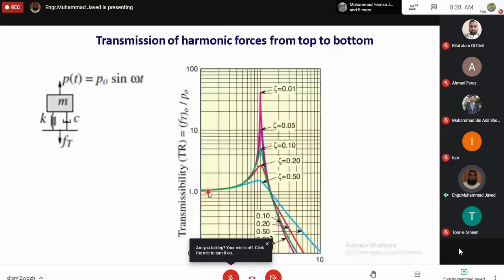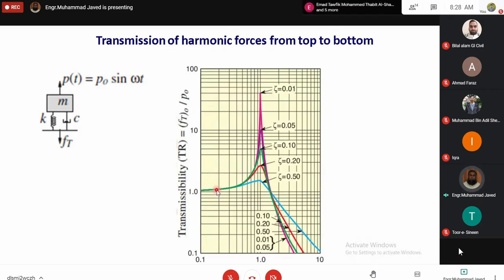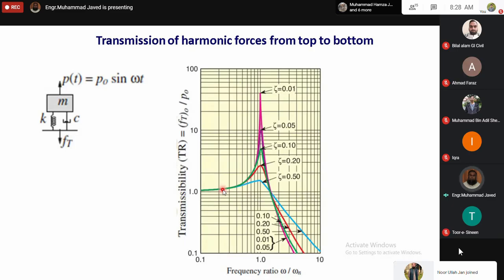इसी तरह आप देख सकते हैं कि फॉर स्मॉल वैल्यूज ऑफ frequency ratio, or if frequency ratio is very small, say 0.1 or 0.2, so transmissibility is almost equal to 1, whatever the damping ratio is. इसकी वजह क्या है? वजह इसकी है कि जब फ्रीक्वेंसी रेशियो कम होगी, हार्मोनिक फोर्स बहुत स्लोली वेरी करेगा और ऑलमोस्ट एक्ट एज अ स्टैटिक फोर्स, और स्टैटिक फोर्स जो है वो फुल की फुल ट्रांसफर होगी नीचे। अगर कोई मशीन जो है किसी फाउंडेशन पर पड़ी हुई है और उस पे आप कोई आहिस्ता फोर्स अप्लाई कर रहे हैं, तो उस केस में फुल की फुल फोर्स जो है वो नीचे सपोर्ट्स पर ट्रांसफर होगी।